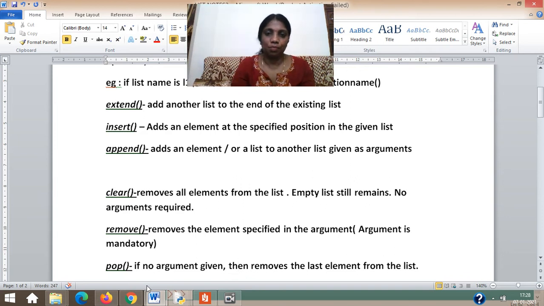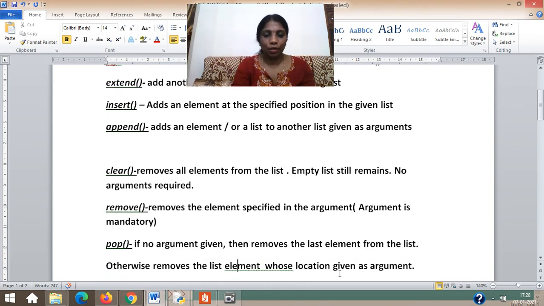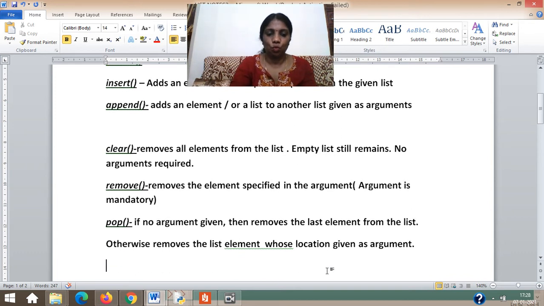So it's easy for us to remember. The way I told you regarding pop, that it may or may not be given an argument, that way you can learn. If no argument is given, it removes the last element from the list, otherwise it removes the list element whose location is given as the argument. So this much is over.